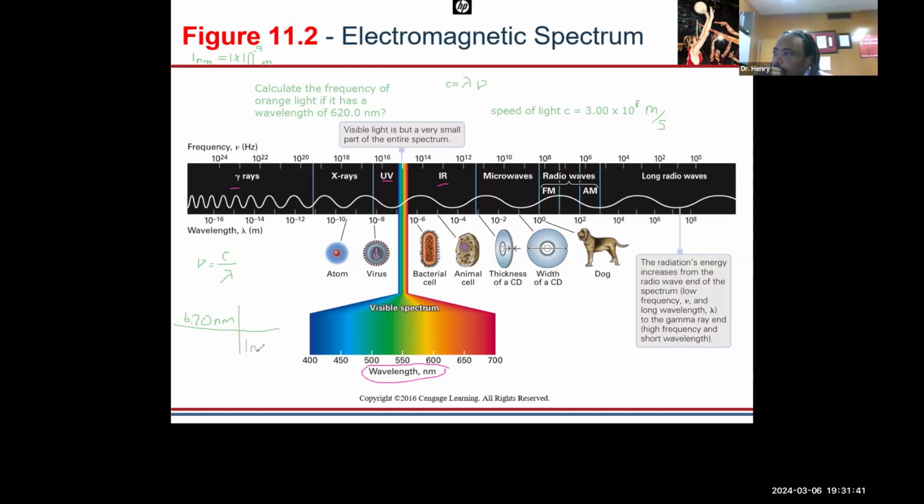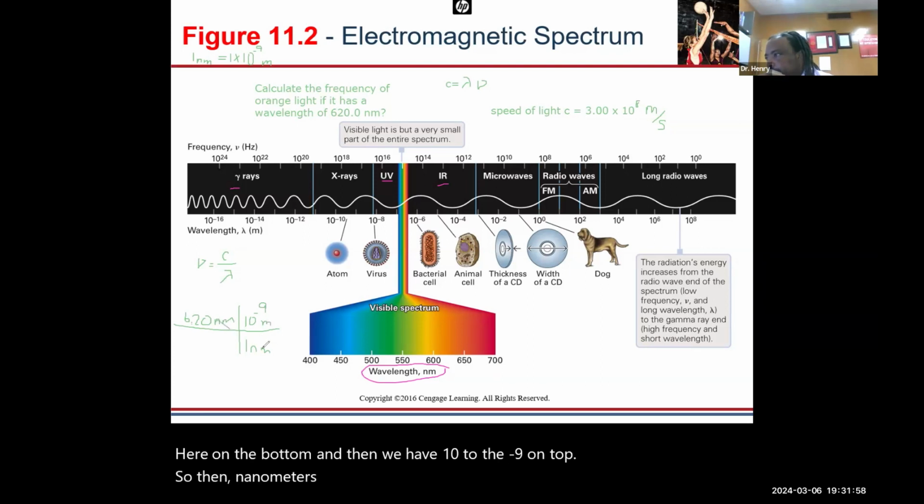So 1 nanometer on the bottom, and then we have 10 to the minus 9 on top. So then nanometers cancel out, and we're left with